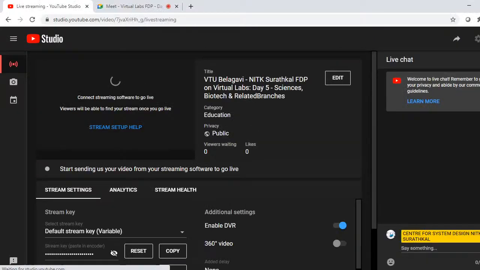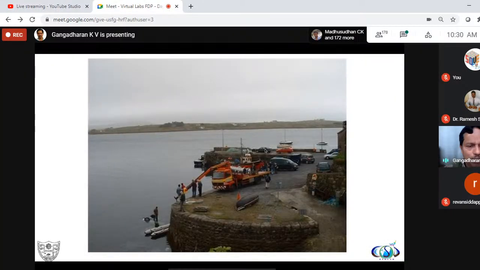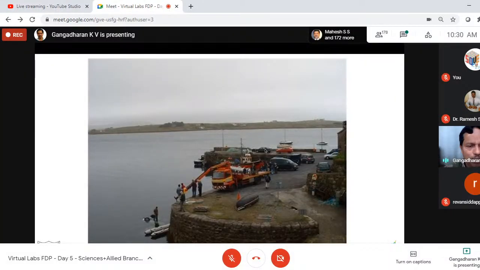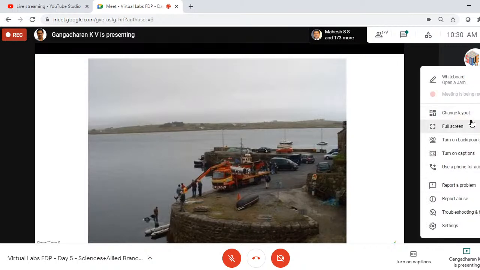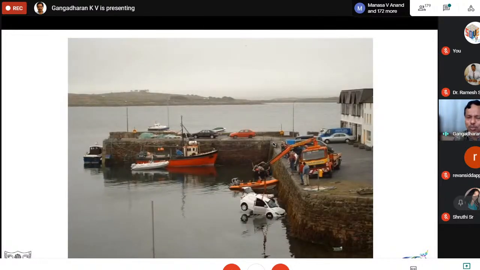Whenever there are problems, we need tools to solve them. Here the problem statement is that one car fell into the river when it was driving along the riverside. So quite obviously the crane people are happy that they have an opportunity to lift something. They came and started taking it out.